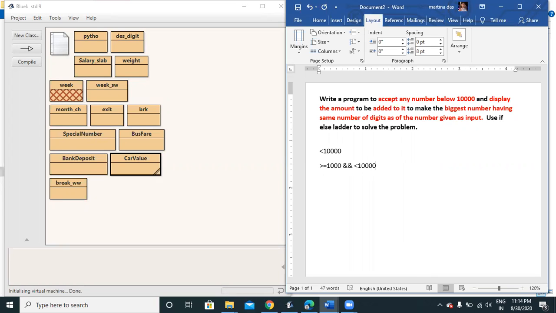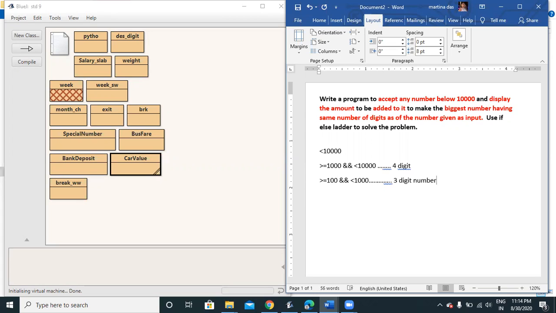So if it is within this range, then it's a 4-digit number. Then the next range is greater than or equal to 100 and less than 1000. Then we know that it is a 3-digit number.